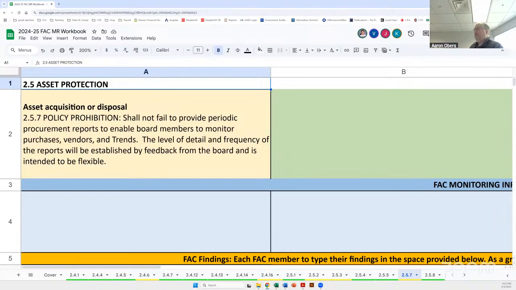Part of one of the questions that was asked, and we'll get into this a little bit later in our working session, is we know that the board hasn't asked for this information, and so we know that we're in compliance. So once we get into working session, we'll have a few more things to add there. Any questions on 2.5.7? It's an easy way to make up speed when it's that easy to report.